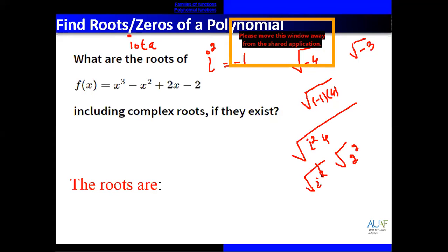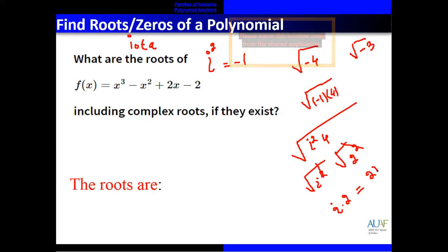So iota square cancels with the root, and square cancels with the root. So we have iota multiplied by 2, or we can write 2 iota. So this is the solution, 2 iota. Correct? Root value is plus minus, so you can write plus 2 iota or minus 2 iota. So when we have a negative number, we use the imaginary root.